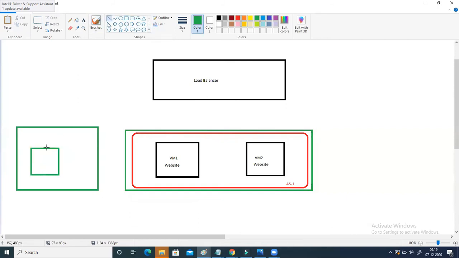You cannot connect in this way. This is not allowed. So in the case of a load balancer, we have this limitation that all of your target virtual machines should be part of the same availability set, and also part of the same virtual network, because at a time with the load balancer, you can connect only one virtual network.